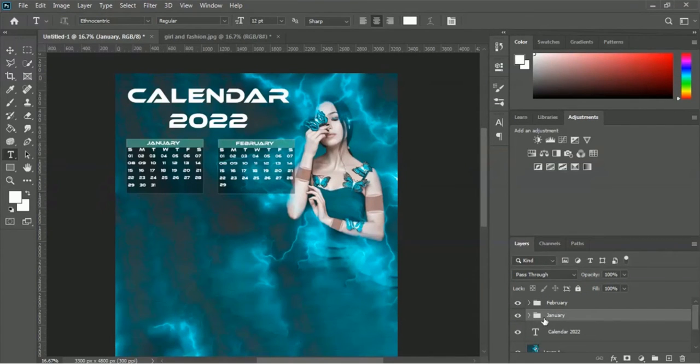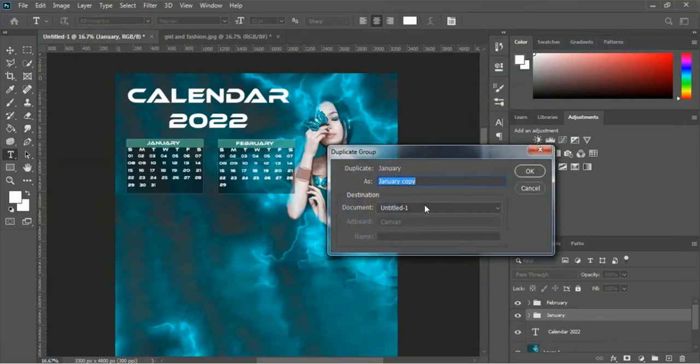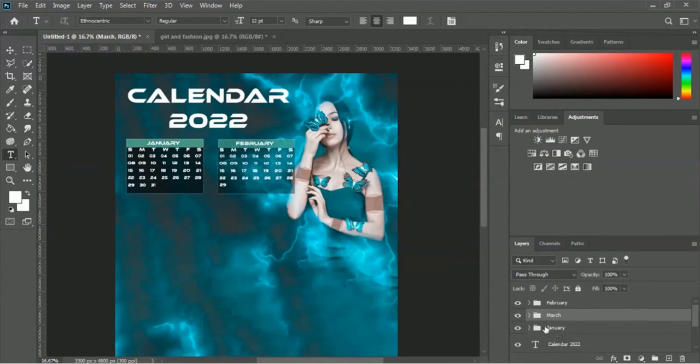folder once again, and we will do the same things for March, April, May till December. So let's duplicate the January group folder. So therefore we have to press the right button, and from there we will get this duplicate group option, and let me write March, and let me click OK. And you can take a look, the layer of January, I mean the group of January, is duplicated, and we